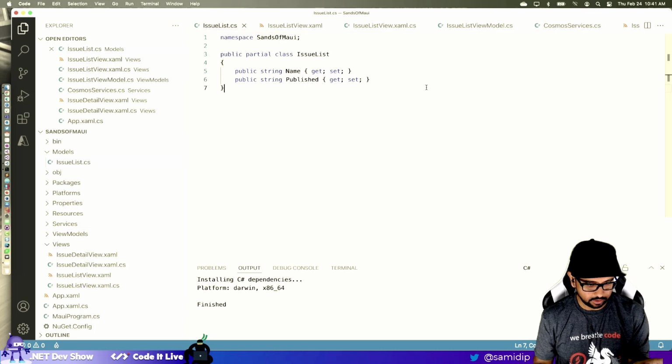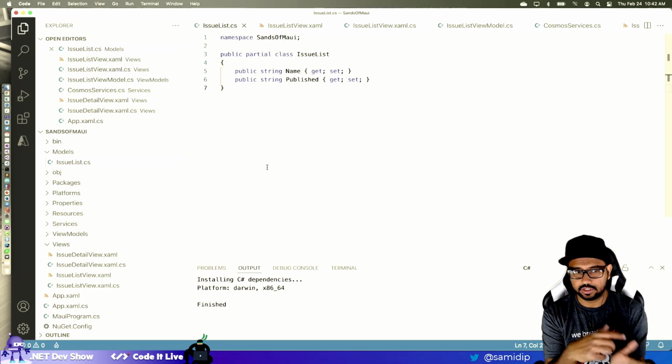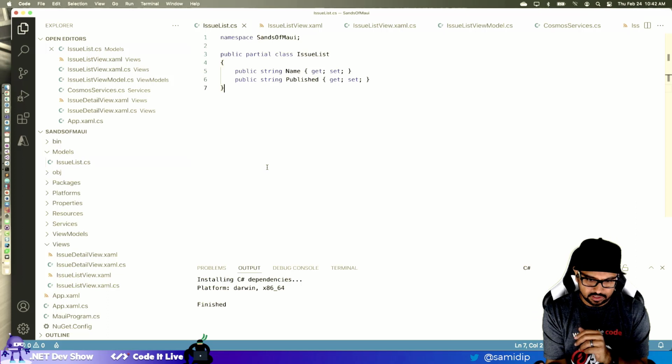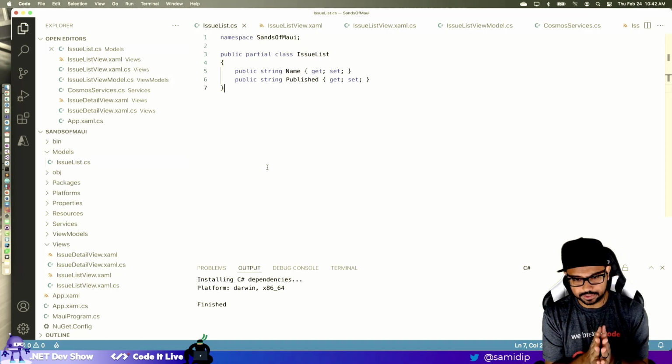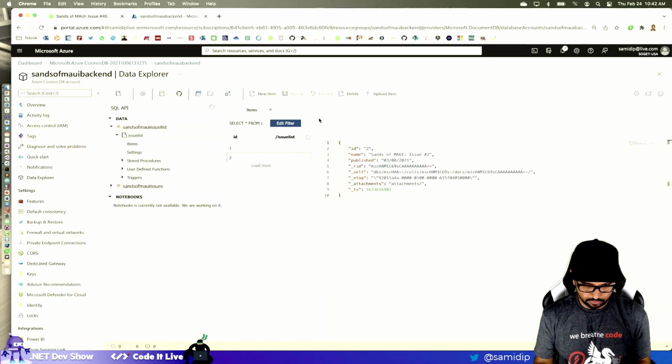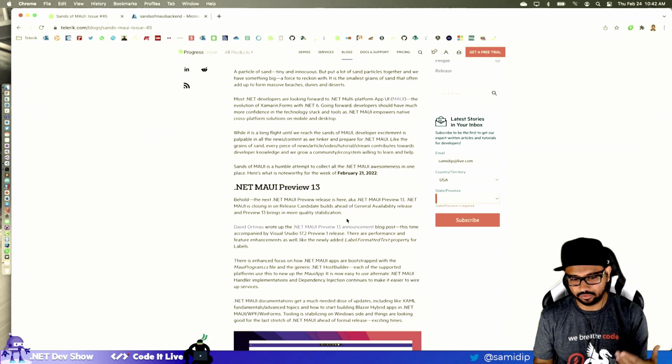I have a model here, and I'm trying to do the MVVM design pattern because that works nicely with XAML and C#. My idea is to present the list of pages in a list view, and then when you click on it, we take you to a detail page, and the detail page will likely end up having a Blazor web view. I have all of this stuff nicely formatted in HTML anyway, so I don't want to redo this effort. I'll just stick in that whole HTML and let the web view render it and call it a day.